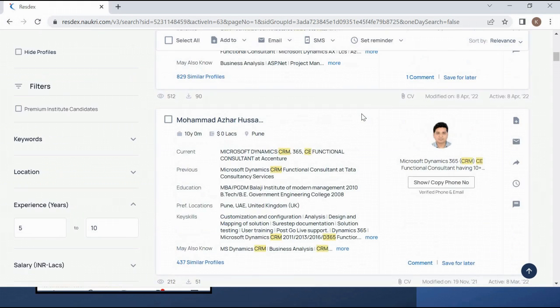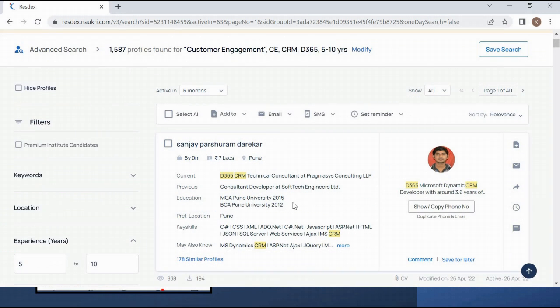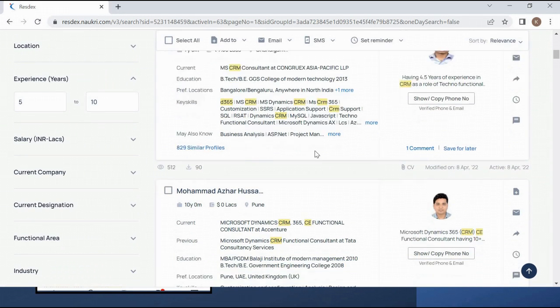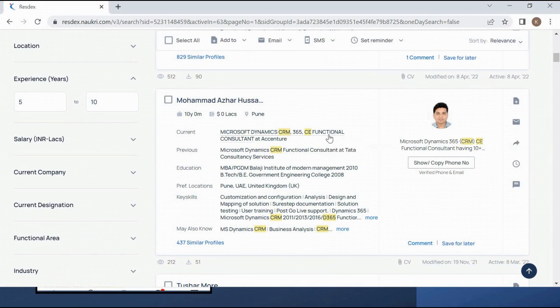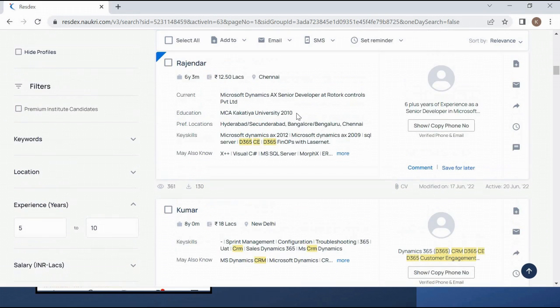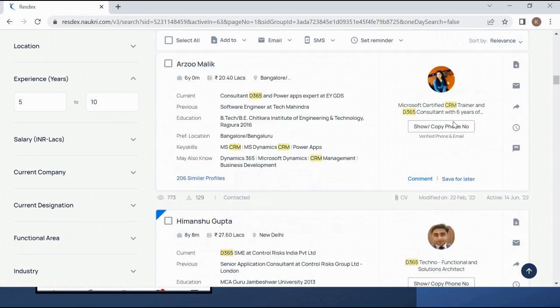So friends, what I told you earlier, that in this requirement we generally find people who are technical and who are functional as well. In the first resume there is a technical person, but in the third resume you have seen a functional consultant. The last is also a functional consultant. If I go downside, this is a developer, means this is a technical person. This is also a technical person, friends. Let me go down.